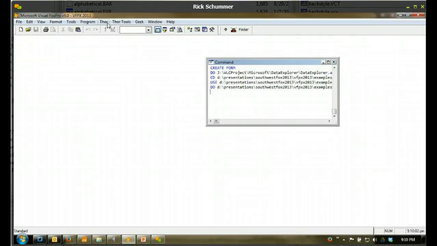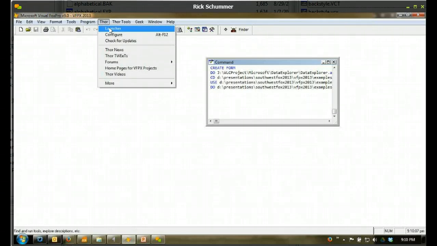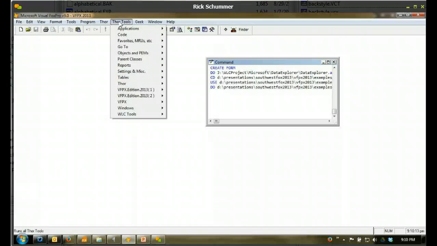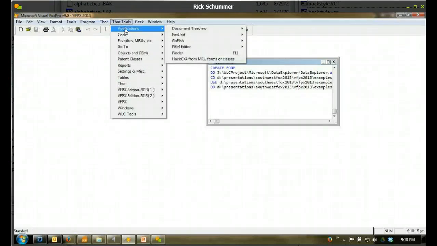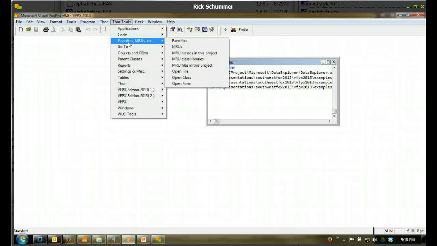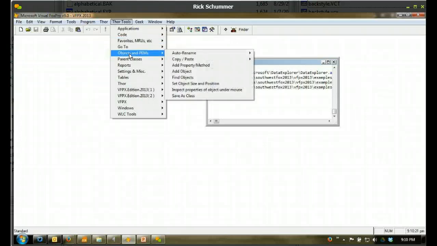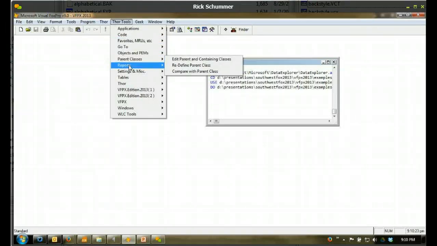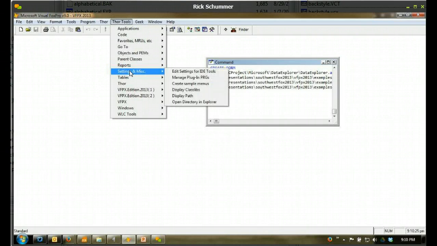All right, so Thor, when you install it, installs a couple of menus. The Thor menu has a launcher on it, which is one of the tools I want to show tonight. And then you have the Thor Tools, which is the repository of various tools that you can run within Thor. And you can see by just me scrolling down through this list, that some of these have submenus,